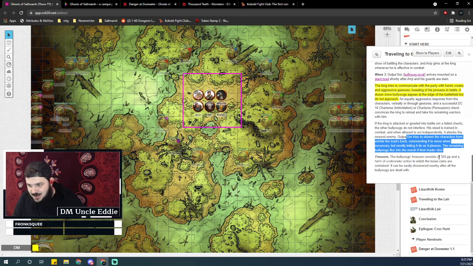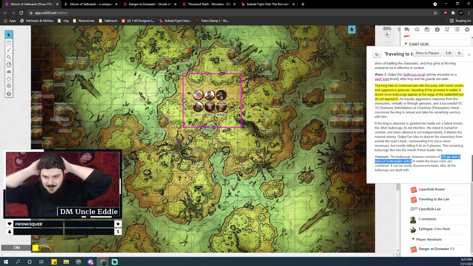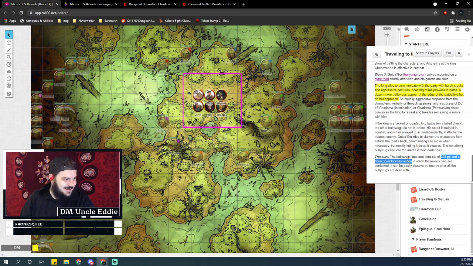So the treasure is 325 platinum pieces and a helm of underwater action. This is basically why I really want to force this encounter, because they're gonna need that helm of underwater action. And whatever, 325 platinum pieces is a lot of money, but these dudes are already loaded anyway. So gold's not really gonna be an issue for them. So, let me pull up this helm of